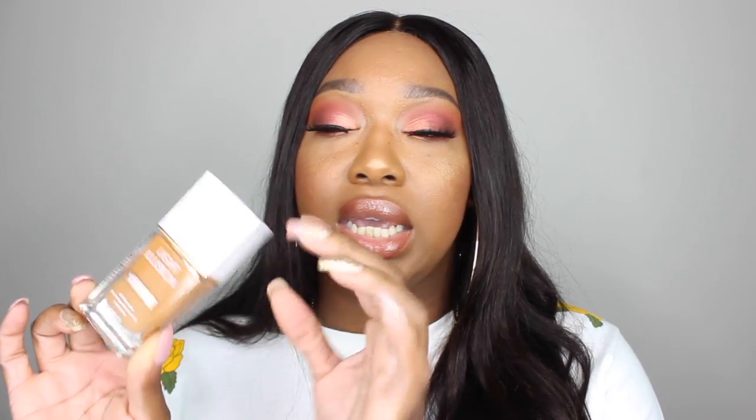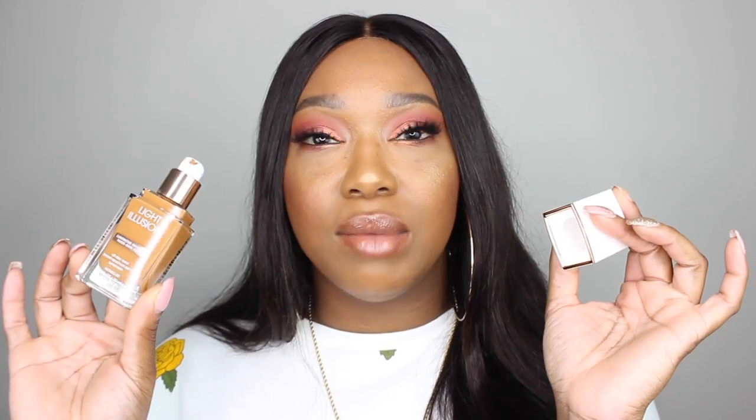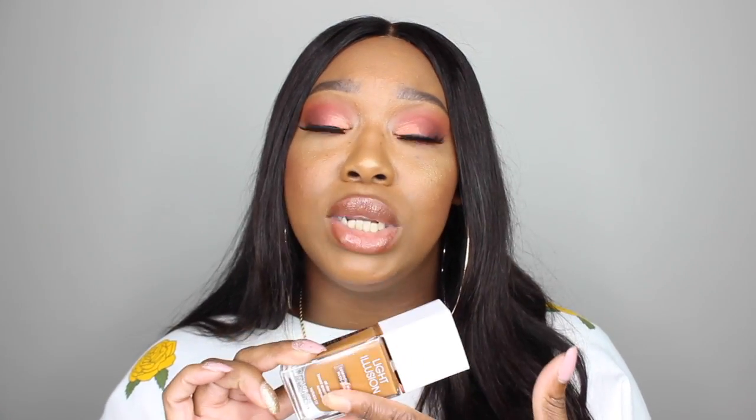I like the packaging. I love the fact that it comes in a glass bottle. It does look really expensive, and I love the fact that it comes with a pump. But that's where all the love stops, because this foundation, hated it. Now I will say that I think this is going to be more of a personal preference type of foundation. It does advertise to be a luminous makeup with a nude skin feel. You guys know I am combination oily, so that probably should have deterred me from the beginning. But there have been some luminous or radiant foundation releases lately that I've actually really loved and that worked for me. So I wanted to give this a try as well, but it did not hold up to my